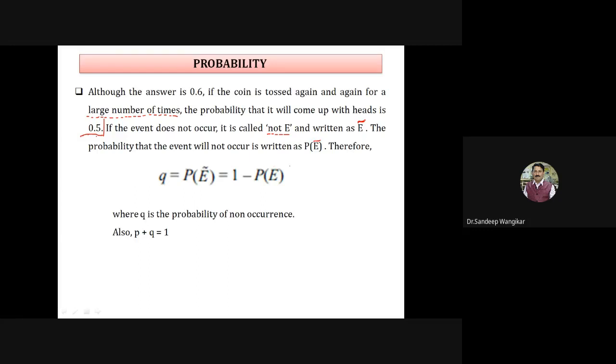like this, P(E), the event occurs, P(E) without the sign, and the event does not occur, P with a sign on top of E. The probability that the event will not occur, P of not E, is 1 minus P(E). So what is this 1? 1 minus the answer for